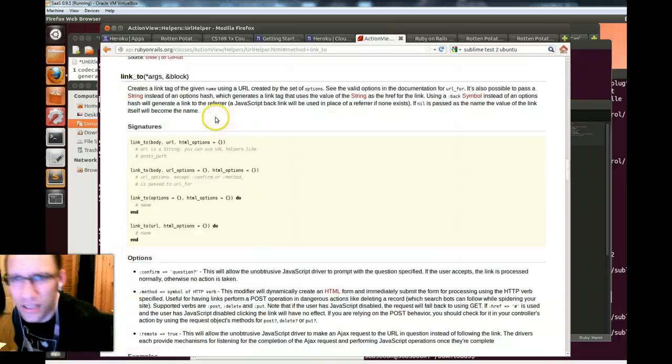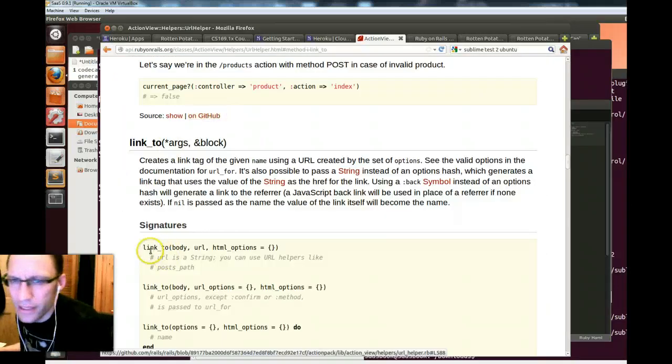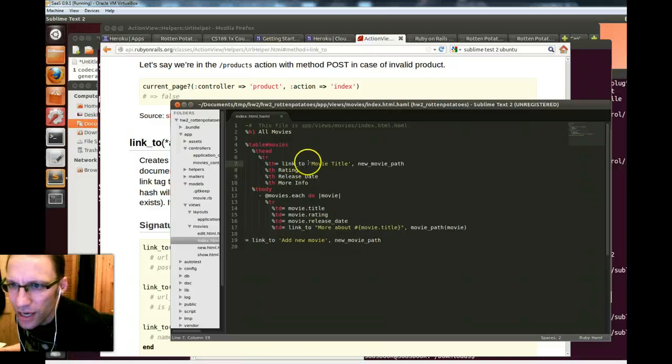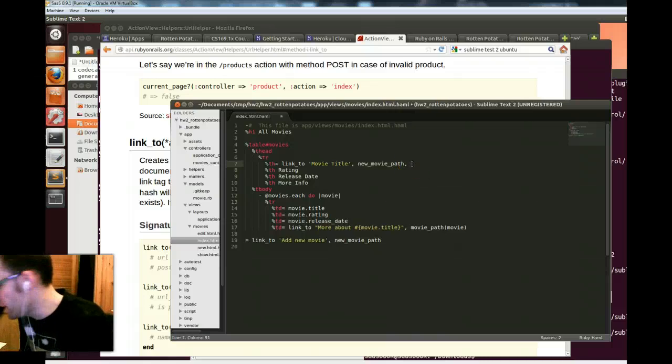The critical thing to notice, which I think is tricky to find, is the HTML options here. So it's link to, body, which is some text, the URL, and then HTML options. When we're doing this link to here, this movie is going to be the body of the link. This is going to be the URL, and then in here you can add a hash